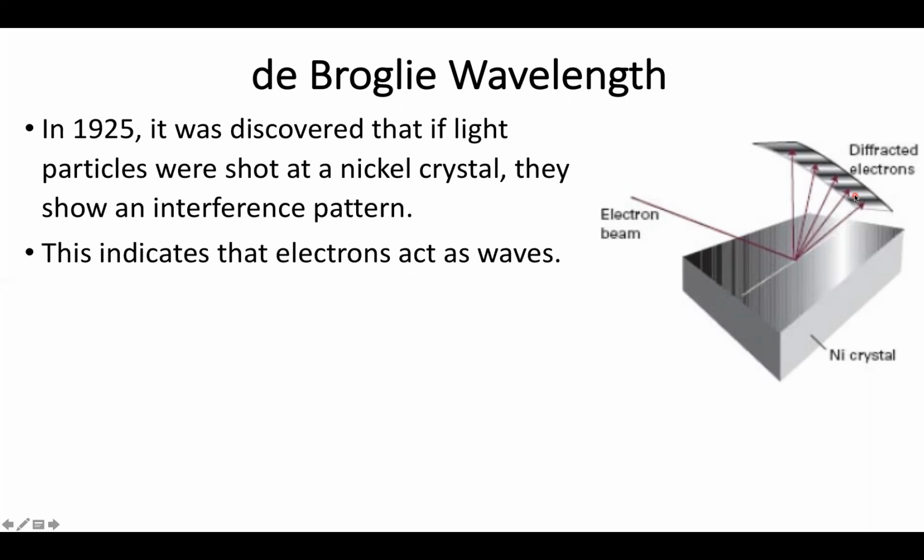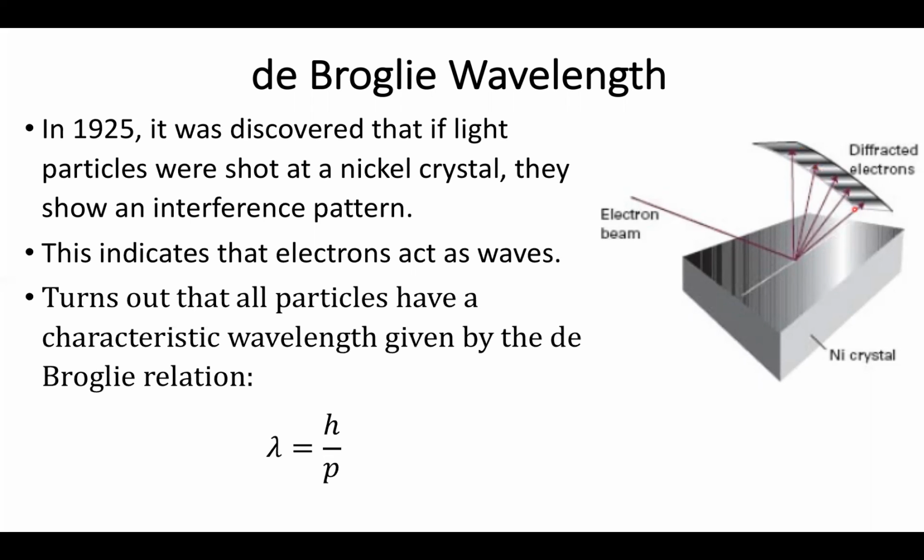Now, this was pretty conclusive evidence that electrons act as waves because they can give these interference patterns in the right conditions. However, further research showed that while electrons behave as waves, pretty much every other particle does as well. So all particles have wave-like behavior with a characteristic wavelength given by what's called the de Broglie relation, where